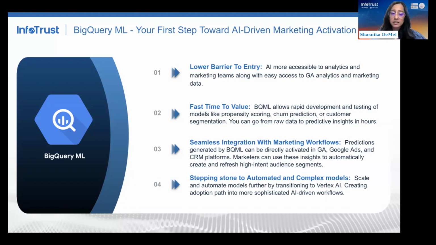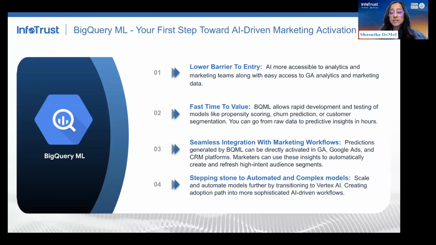You could be a marketer, you can be an analyst, as long as you know SQL code, you are able to quickly build upon models that are pre-existing within BigQuery. It also offers fast time to value. So you can quickly go from taking your raw data, whether it's GA4 or other first-party data, and quickly go to predictive insights.